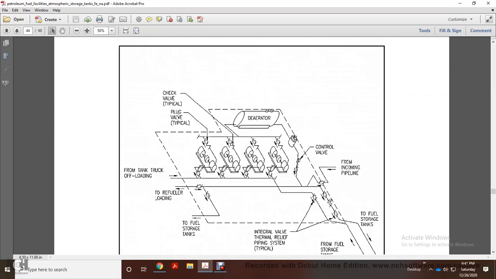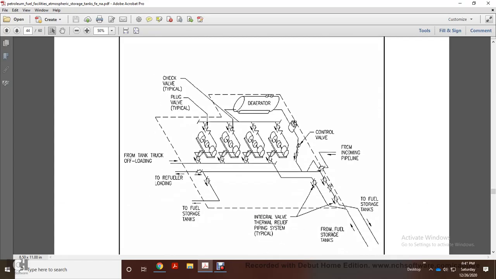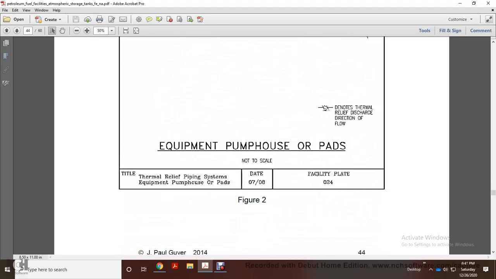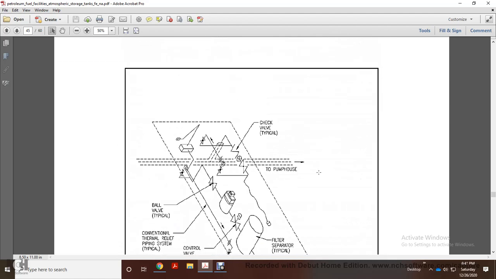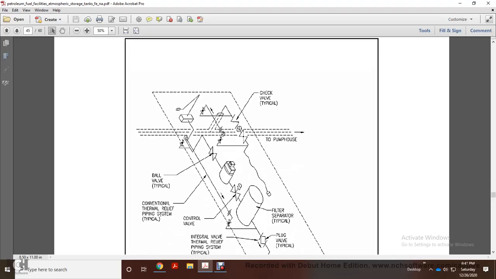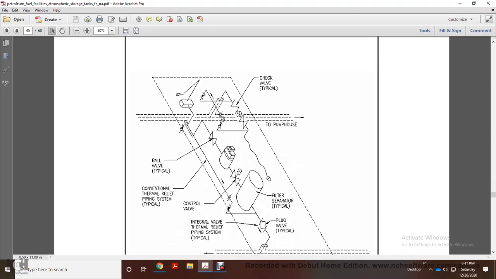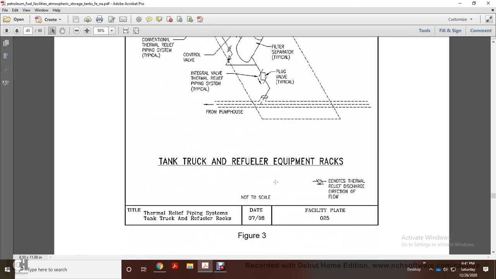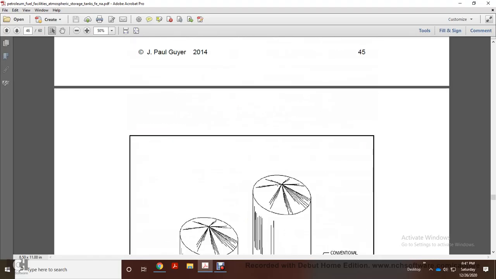Once again, check type valve, plug valve, deaerator, fuel tank offloading, refueler, fuel tank storage, internal thermal release piping system for fuel storage tanks to fuel storage tanks, from incoming pipeline control valve, equipment pump house or pads. Check valve to pump valve, pipe valve, ball valve, conventional thermal relief piping system, control valve, integral valve, thermal relief piping system, plug valve, typical filter separator, typical to the pump house, tanker truck, refueler, equipment racks,